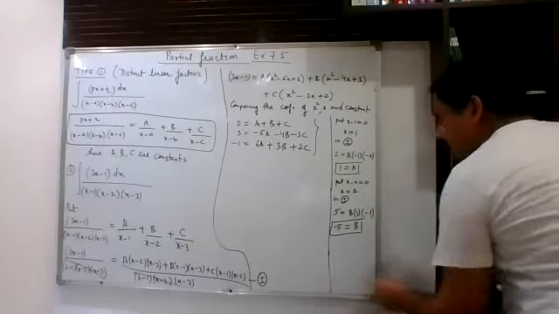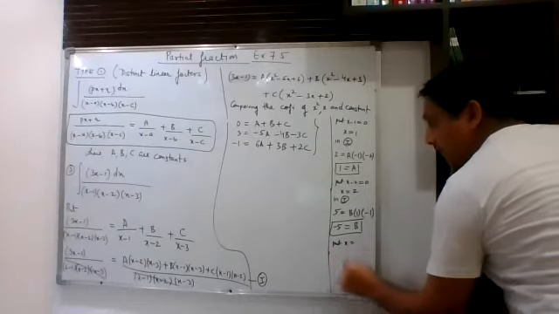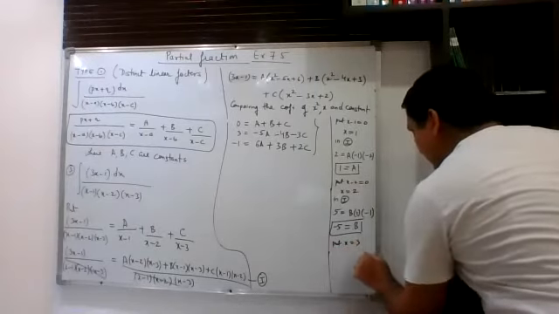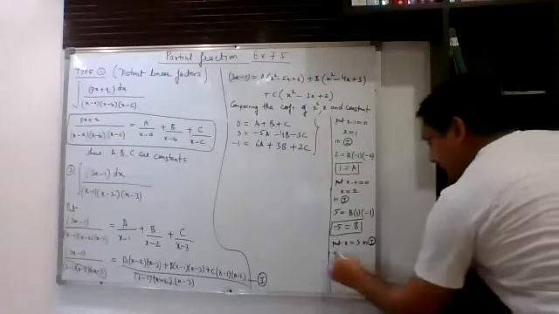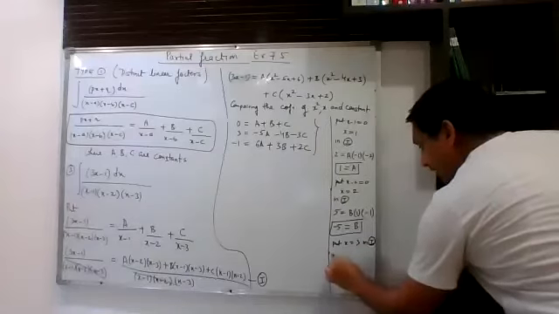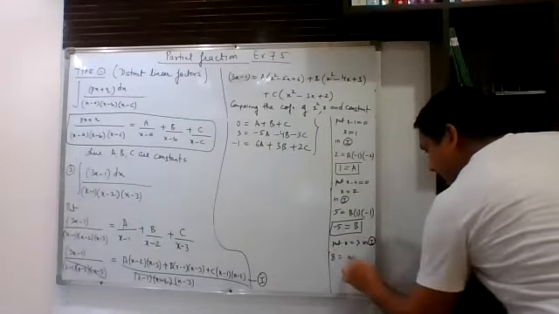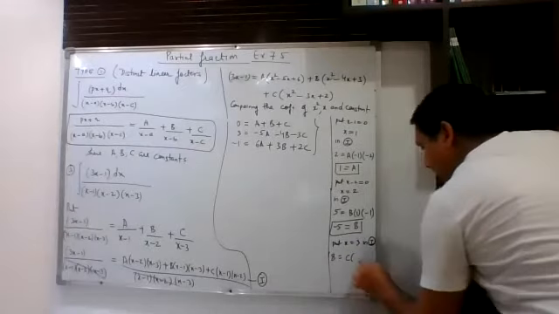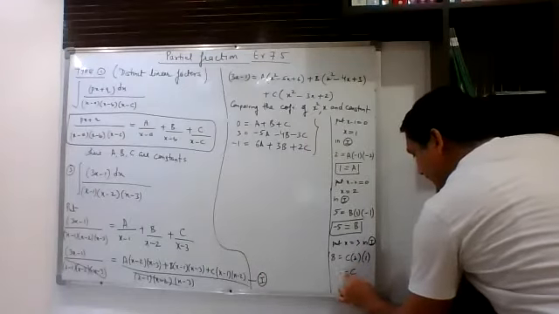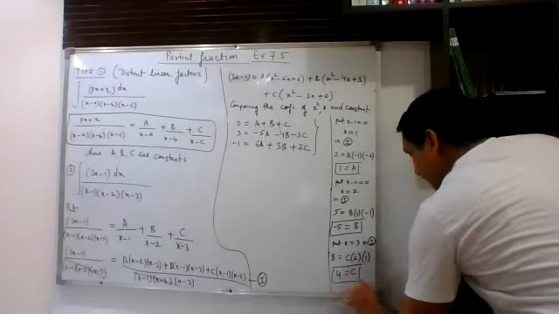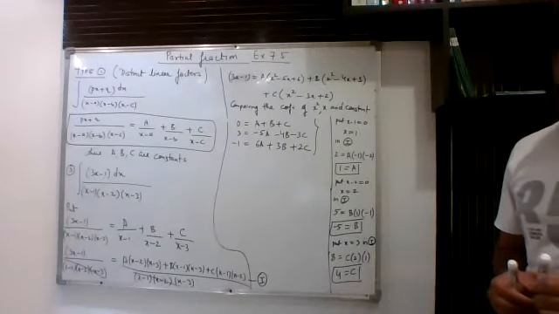Now, let me get the value of the third constant. So for that, you will say put x is equal to 3 in first equation, in this equation. So you will get that as 9 minus 1, that is 8, is equal to a will vanish, b will vanish, only c will survive. So c into this is 2, and this one is 1. So your c is coming out to be 4. So these are the values of capital A, B, and C.